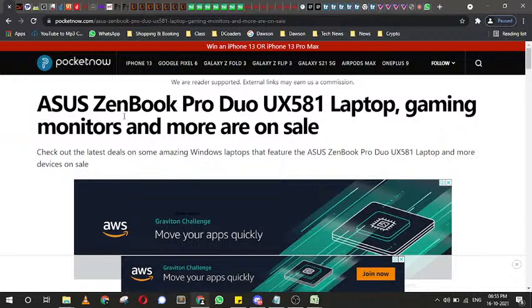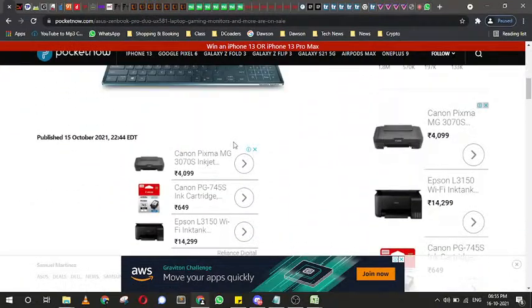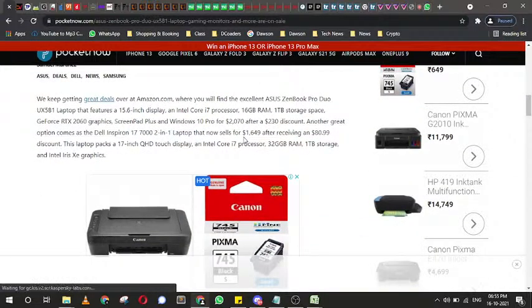The first news comes from Asus. That is, Asus ZenBook Pro Duo laptop, gaming monitors and more are on sale. So there are some deals currently going on. This was published on October 15th, that was yesterday. There are great deals over at Amazon.com where you can find an excellent Asus ZenBook Pro Duo